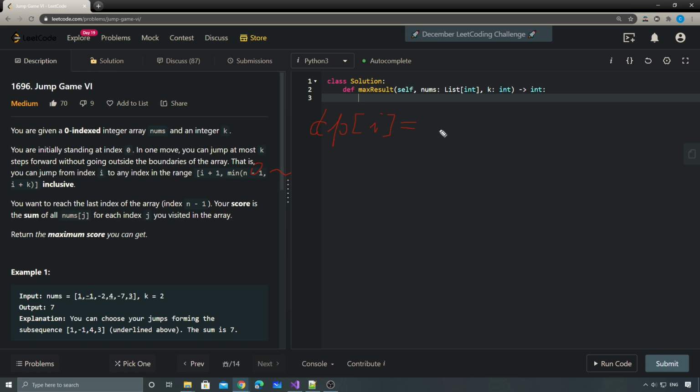I think the state transition function is pretty straightforward. So basically, we just need to get the maximum from all the DPs